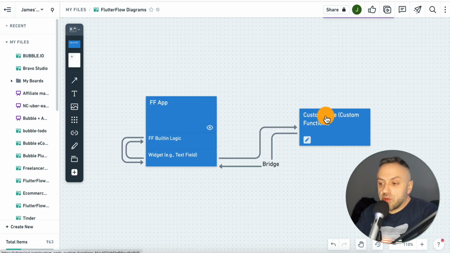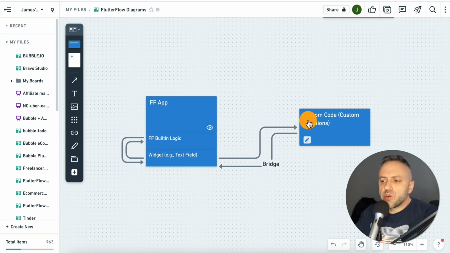And so in this case, you're going to be building code. And so here we have custom code or just code using custom functions, which is what FlutterFlow calls it. They call the ability of you to introduce your own code as custom functions. And obviously this is going to be different depending on the exact tool you are using. Some tools don't even give you the ability to kind of inject your custom code. Other tools do give you the ability, and they call it various things. With FlutterFlow, this is called custom functions.